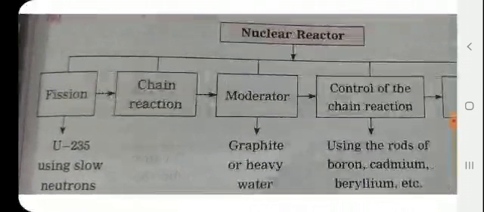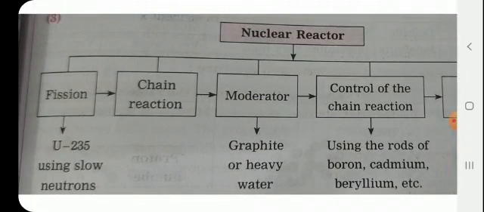When uranium-235 is bombarded with a slow speed neutron, it undergoes nuclear fission. Various elements are produced. For example, krypton 92 and barium 141 along with 2 to 3 neutrons are emitted on fission. These neutrons have high speed and their speed is reduced and they are used for bombarding more uranium-235 nuclei. The process is repeated many times and in this way a chain reaction of nuclear fission takes place. A large amount of nuclear energy is released during chain reaction of fission.